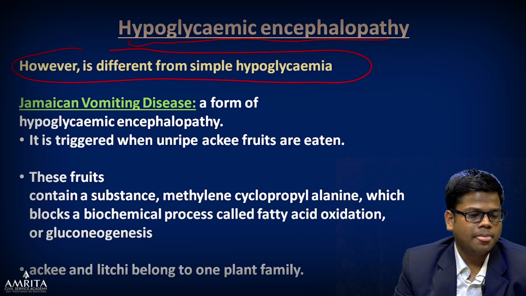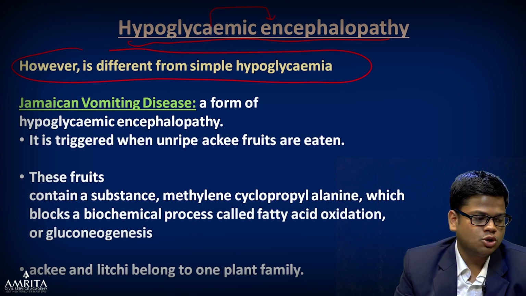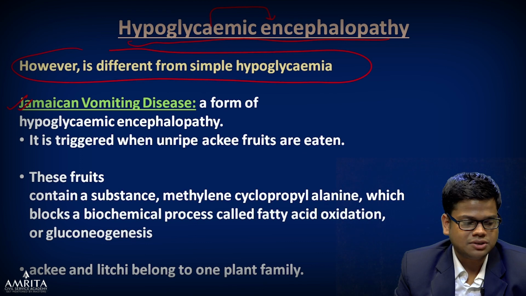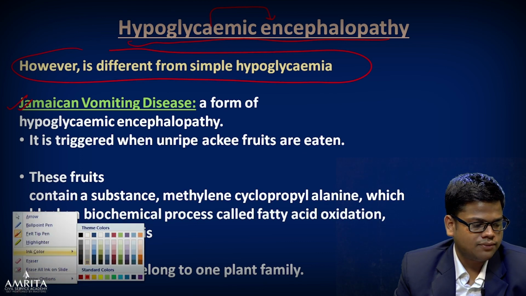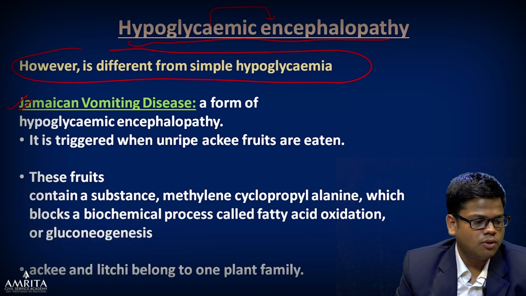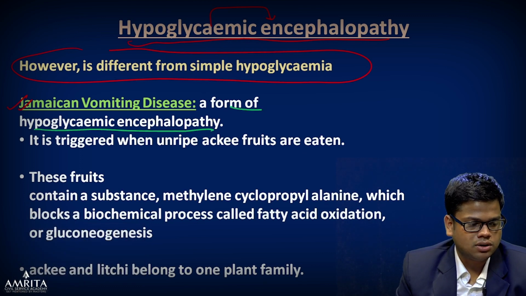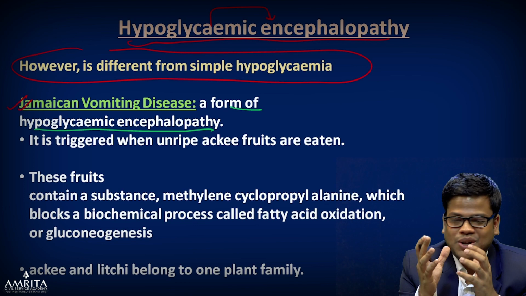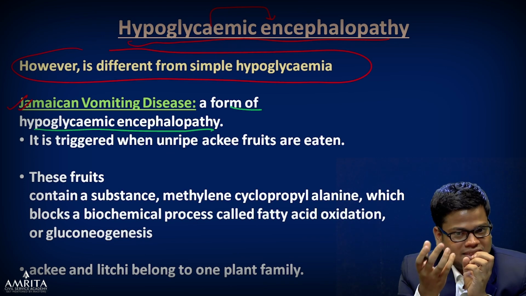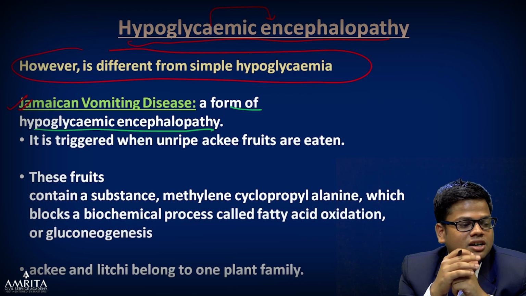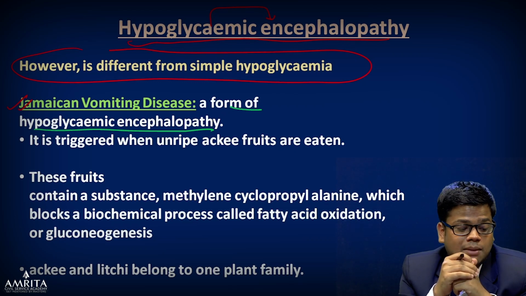encephalopathy. Okay. So what they are saying is basically it is a combination with this other disease. It is also known as the Jamaican vomiting disease. It's a form of the hypoglycemic encephalopathy. It's a very tricky term. Encephalopathy. I'm really sorry. It is triggered when the unripe ackee fruits are taken, and one of the examples is